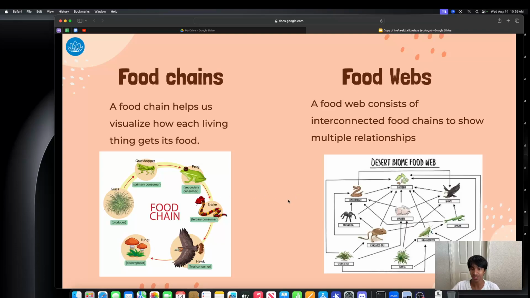So it's a completely different relationship, and that's why food webs are always showing the most accurate, and not even just accurate, but the most useful information that shows the full picture. This is just a part of the picture, and then a food web is the full picture of, oh, this is what happens in the biome. So this is a really important concept, and I hope you understood this.